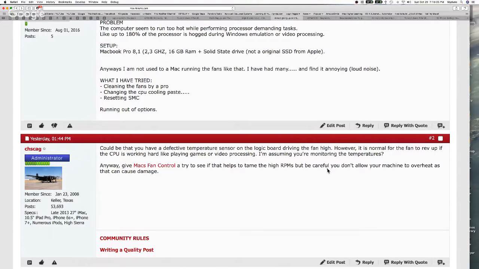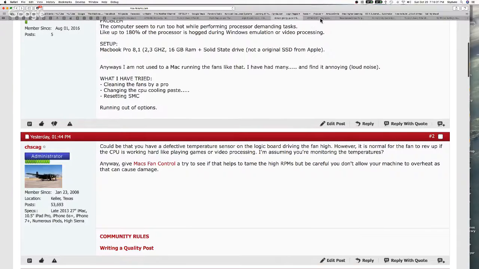And the process of deciding whether to upgrade can be, shall we say, a confusing one, to say the least, because sometimes it's hard to tell: am I having an issue because I don't have enough memory? Am I having an issue because I don't have enough drive space? Is it really pushing the CPU too hard? This is a good thread to get you thinking about some of those questions,